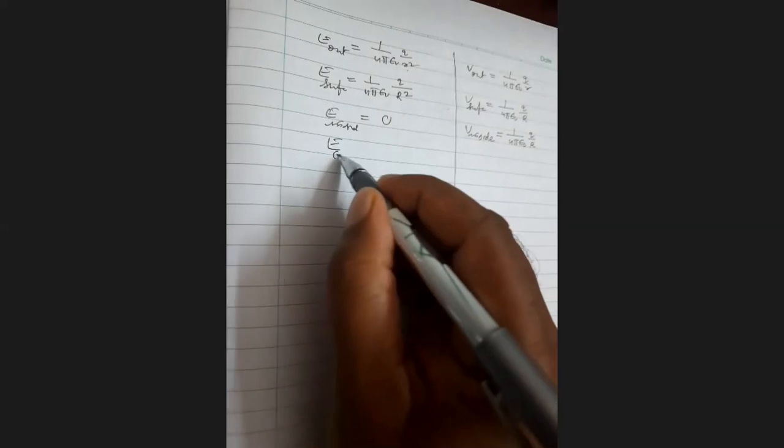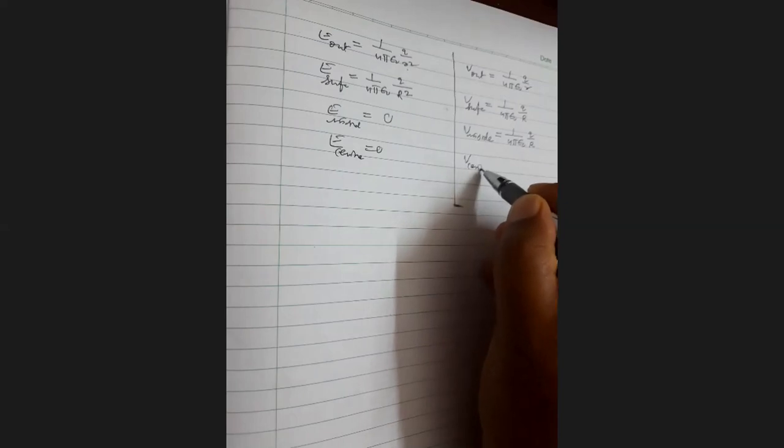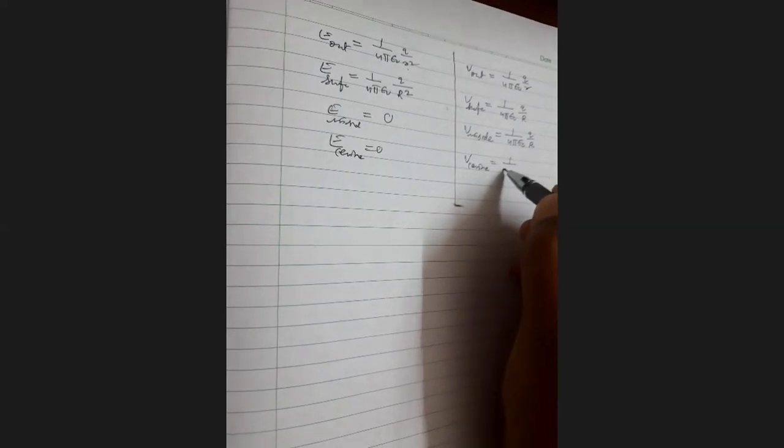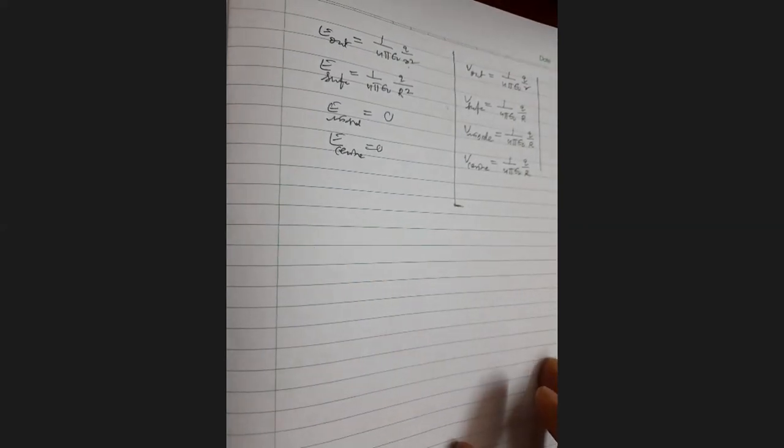Field strength at the center is equal to 0. Here, the potential at the center of the conducting sphere is also equal to 1 by 4 pi epsilon naught Q by R. These are very, very important points from the entrance exam point of view also. You should remember this. The second concept we are going to discuss is uniformly charged